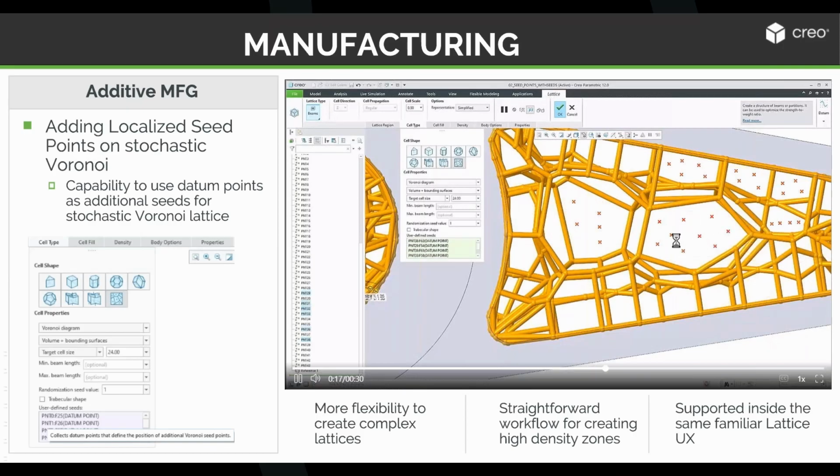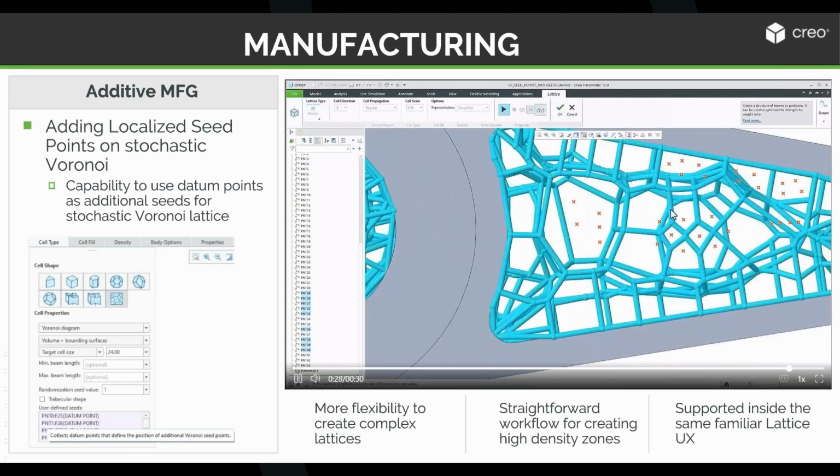As you know, Creo's lattice functionality is one of the most advanced in the industry and opens up incredible design possibilities. Especially, Creo stochastic lattices are best in class for lightweight and energy absorbing parts like helmets, prosthetics, and aerospace brackets. And the new enhancement gives you much more control over the lattice behavior before you 3D